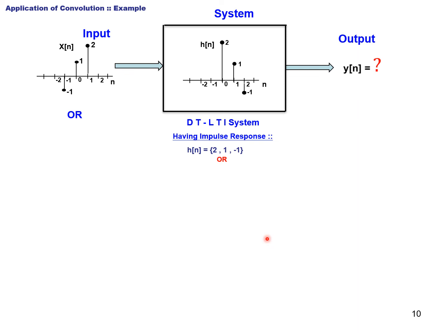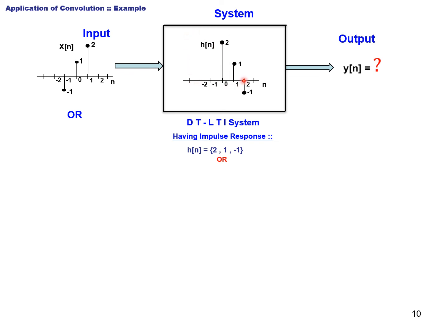See what's happening here. I have taken a DT-LTI system. Its impulse response is marked here. See, the graph is there, no? When I gave an impulse to this system, this was how it responded. I don't know what system it is, but when I gave a unit impulse, it had only 3 values, starting at the origin, then at 1, then at 2. It started decreasing, even became negative, then suddenly stopped, and everything else became 0. I don't know what it is, but it happened so.